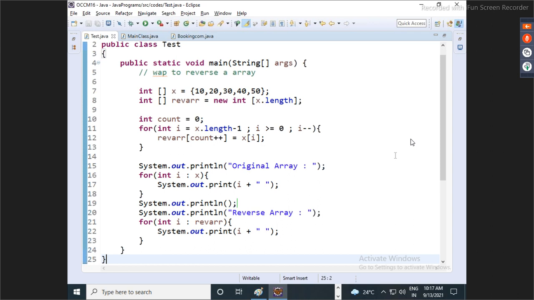Take the second assignment. Write a program to find the occurrence of every number present in an array. Is everyone clear?